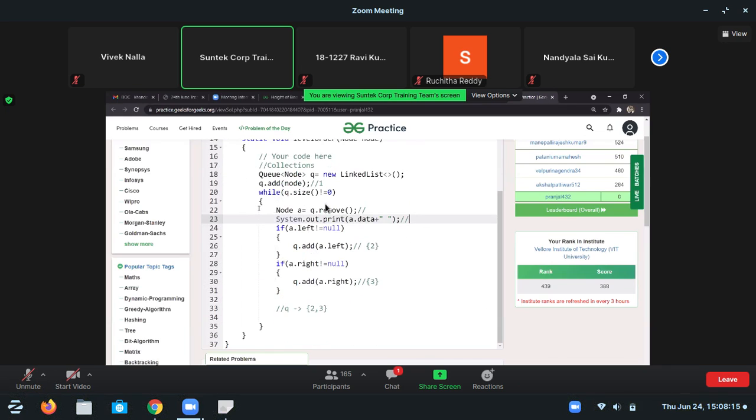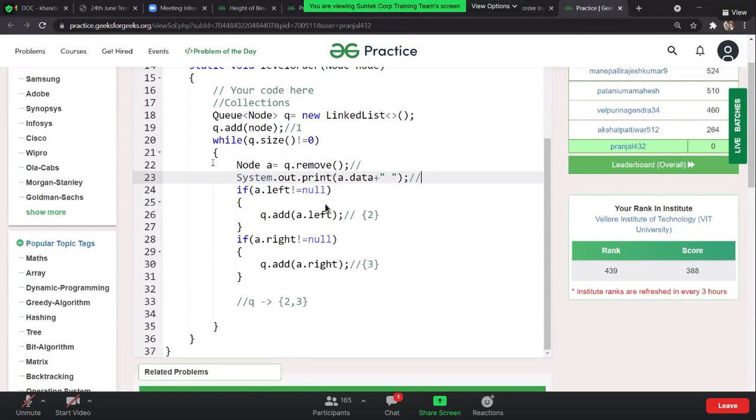Yes, you can make use of an array list as well. But in that case, because the queue has a property that it's going to remove the very first element, what you need to do is shift each and every element by one position. Or you have to always remove the element from the 0th position. But that can also be done. No issues.